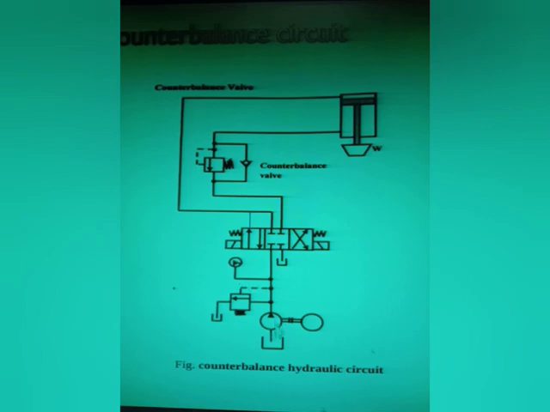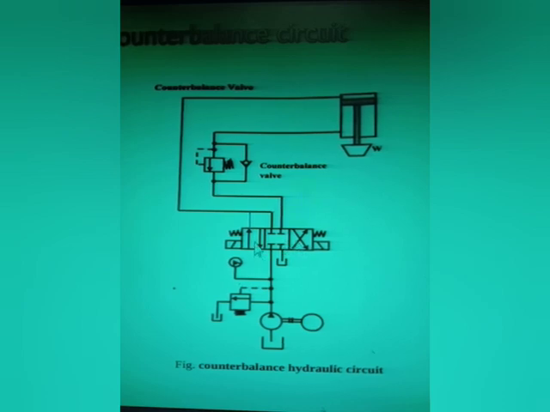This is the pump, where the function of the pump is to discharge the high pressure oil to the system. This is the electrical motor, which is used as a prime mover to drive the pump. And furthermore, here is the pressure relief valve. This is the safety device used to control the system pressure and to save the system from higher pressure. This is another part, the pressure gauge, which will indicate the pressure of the pump. And here again we are using the solenoid operated 4x3 direction control valve.